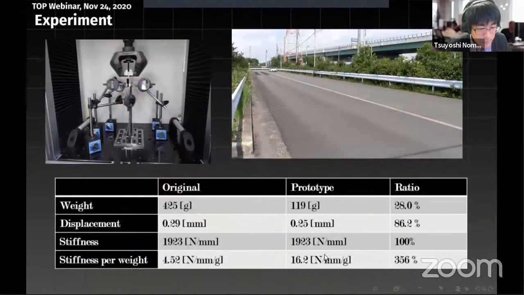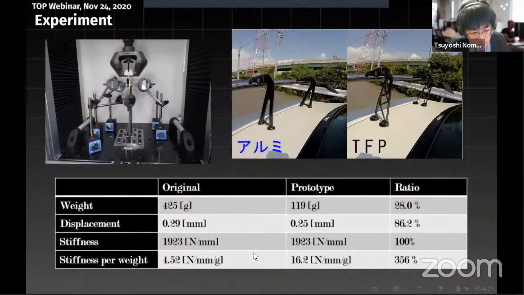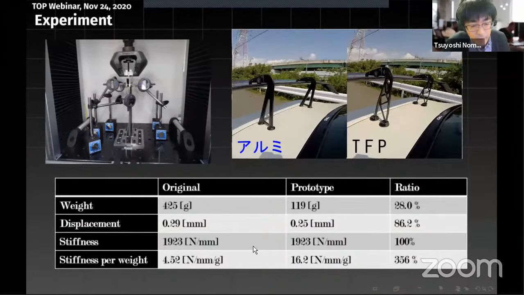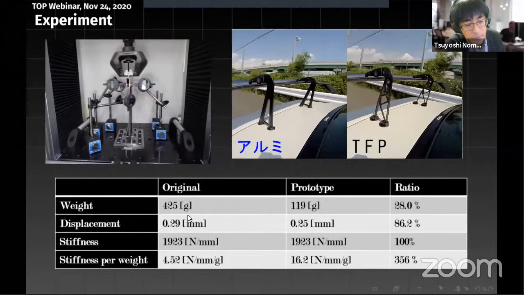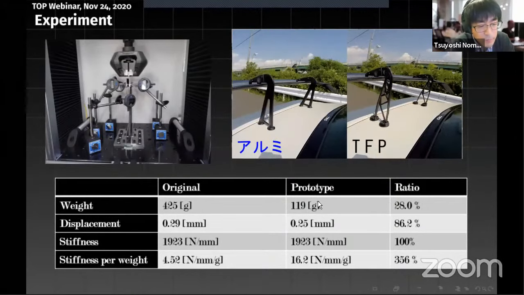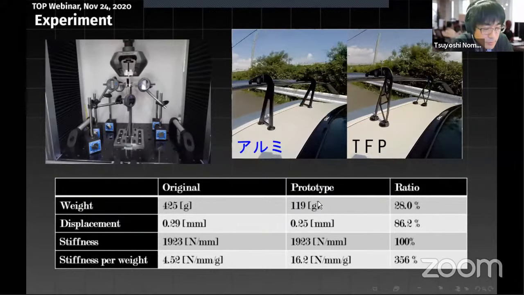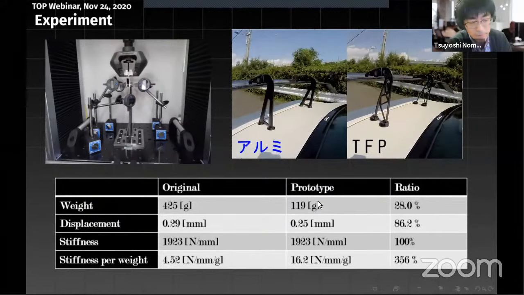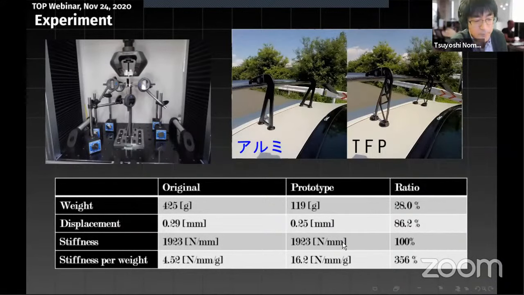I also did the experiment, and the result shows that the original part weighs 425 grams, but the prototype is only about 120 grams. That is almost 1/3 of the original weight, with the same structural performance. That is unbelievably good.